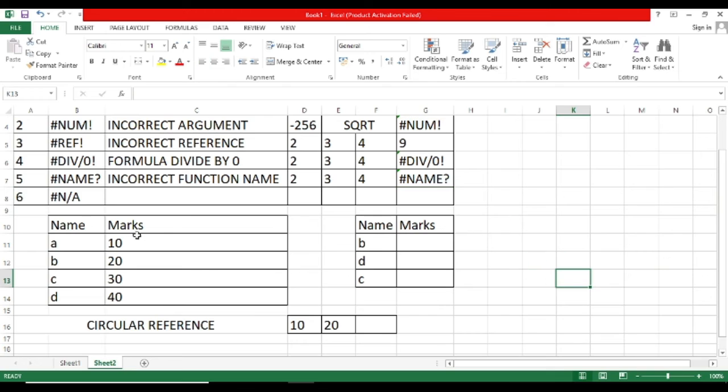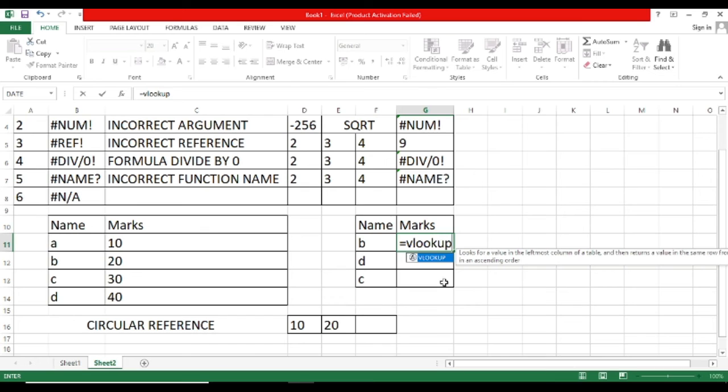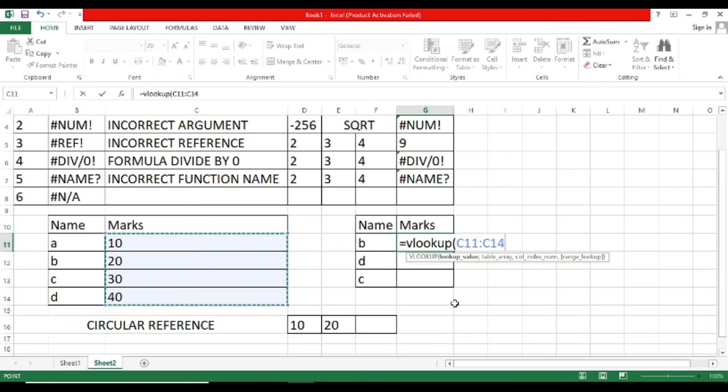Now the last error is this. This is the name of the student and marks, so we are finding the marks of these students from this table. One function we are using is VLOOKUP, shift bracket open, lookup value. Lookup value means this. But suppose I select this by mistake. Then the table array, table array is this. Then column index number is 2.